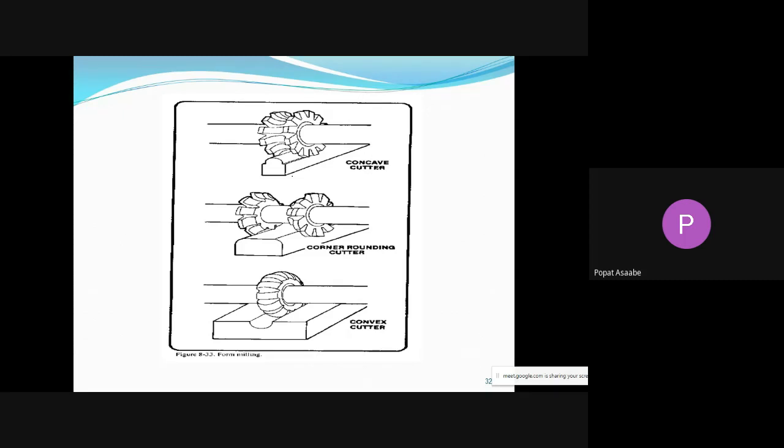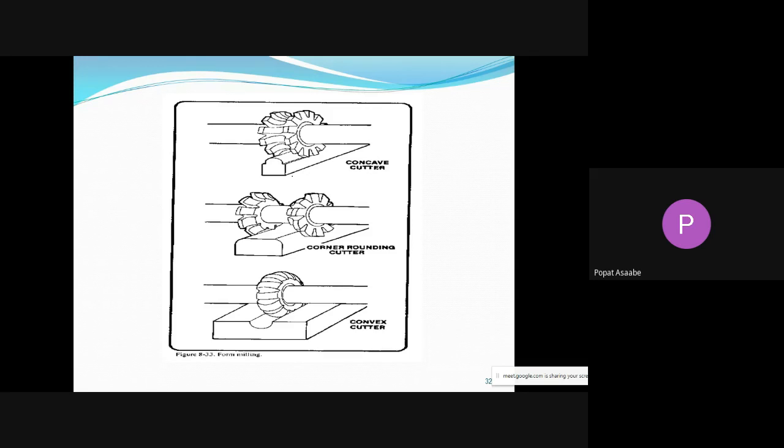There are different types of cutters. With the help of a suitable cutter, we can remove metal from the workpiece. In milling, the milling cutter is mounted on the arbor, and the arbor is fitted into the spindle. When the arbor starts rotating, the cutter rotates along with it, and once the cutter is rotating, we have to give feed to the workpiece. Due to the rotary motion of the cutter and the feeding action of the workpiece, the milling cutter removes material from the workpiece. This is about milling.